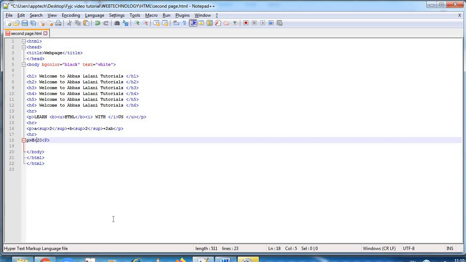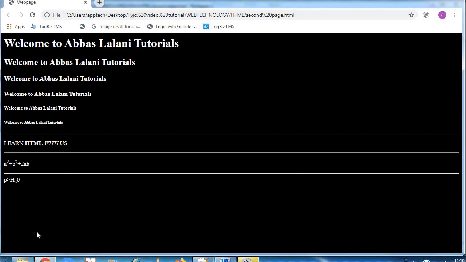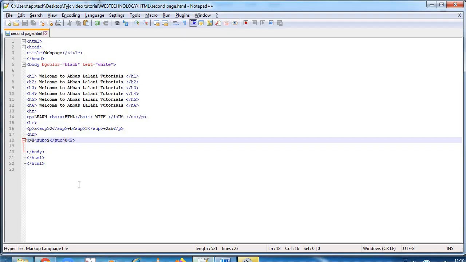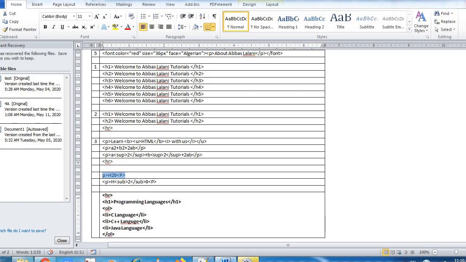So here sub, and here sub close, Control S, F5. The paragraph was not written properly. So H2O has come. So here you have learned subscript.